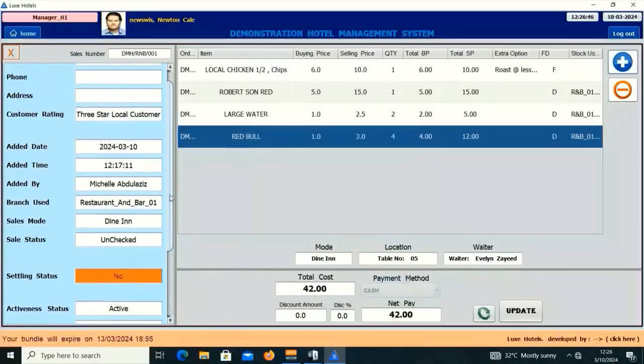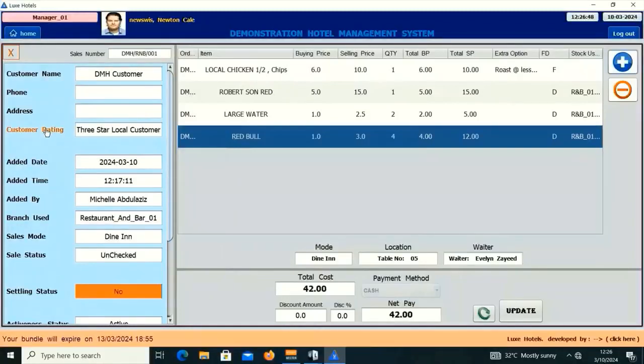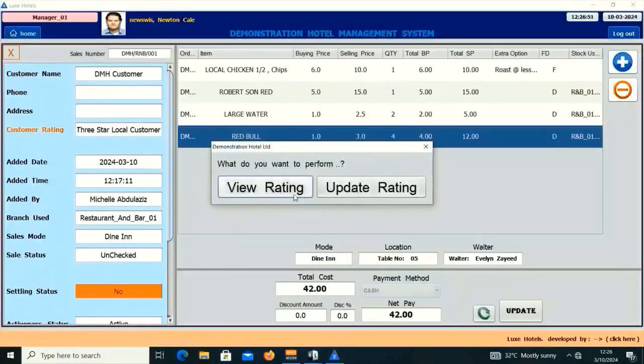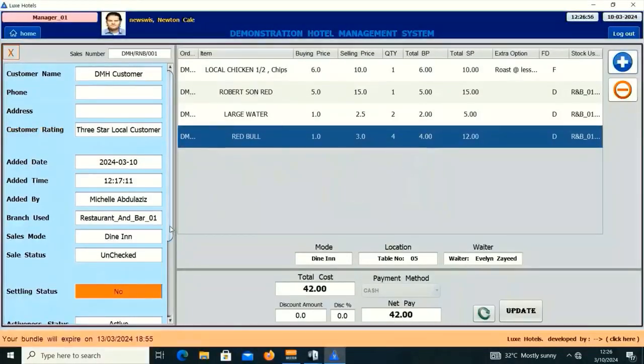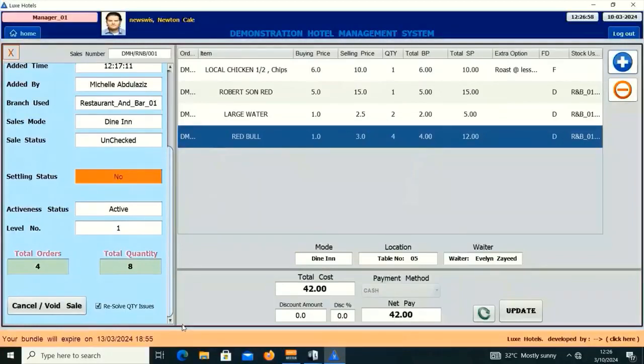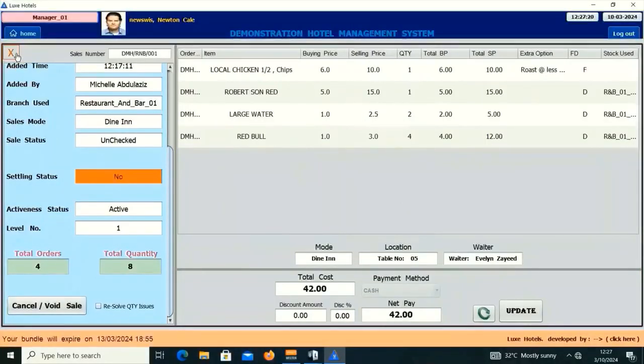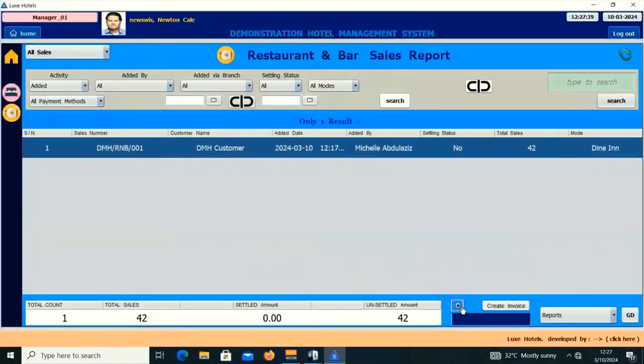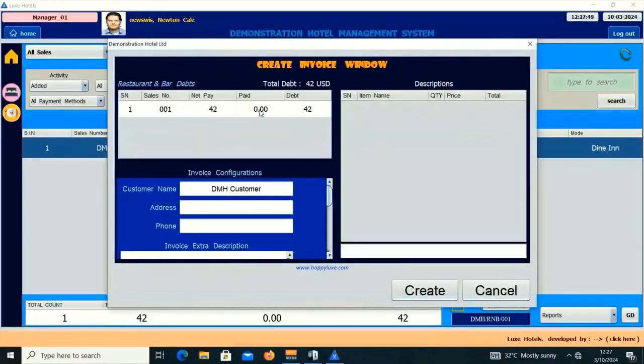more options for the manager: they can adjust or change the rating of this customer, can view or update the customer rating, but I don't want to do that for this demonstration. Okay, I'll go back and I'll try to create the invoice for this. Now this is the sales number for which we'll create the invoice. So if I go here and create the invoice, if I want to see, this is the sale, okay, but